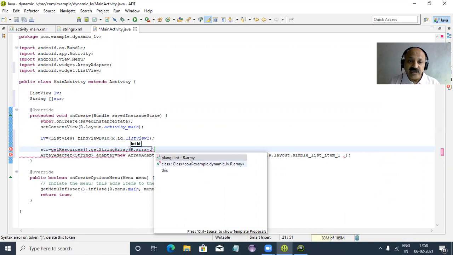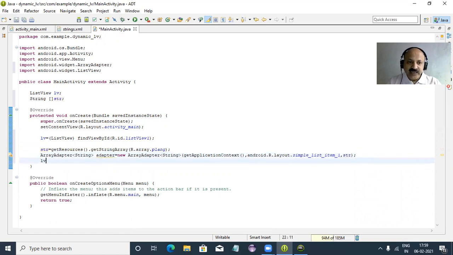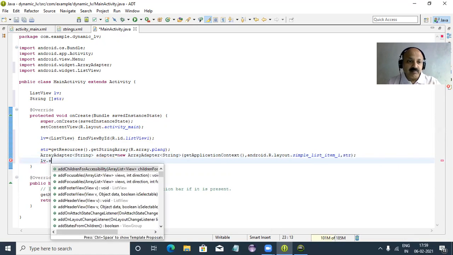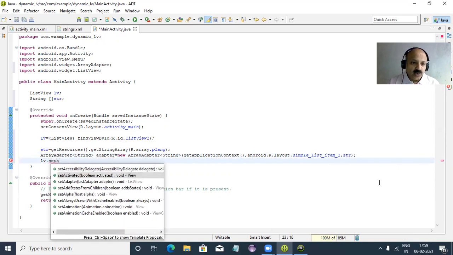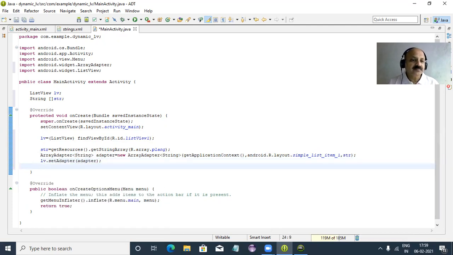You can look here, that name is programming language, and that is assigned to the string array, and this array we pass as the third argument. So that list is bound to our ArrayAdapter class. And now the lv.setAdapter method is there. You can look here, and we pass the adapter object. So the list is fine.